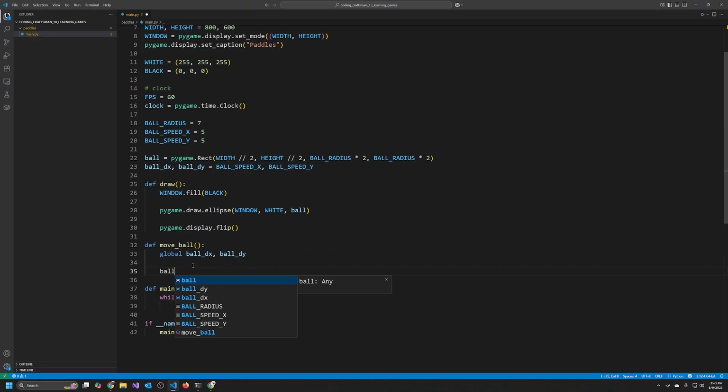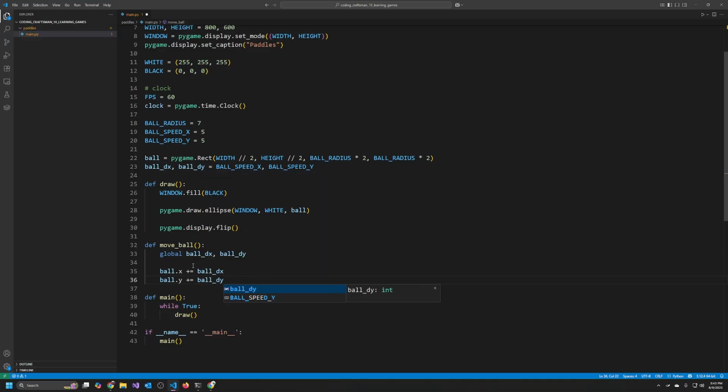So ball.x += ball_dx, ball.y += ball_dy. There we go. Now when I do that, if I come down here and I say